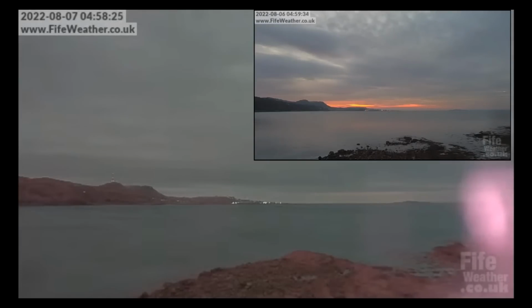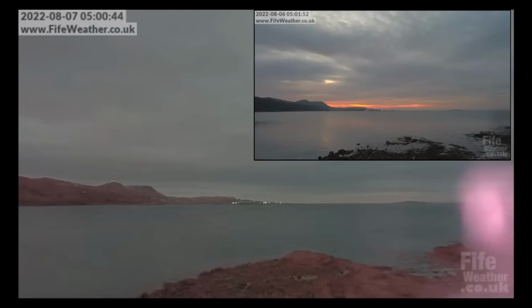Interesting how the camera on August 7 is much longer in night mode, as you can see, because these are almost completely synchronized times. There's a minute difference, and that shouldn't be any problem. But the problem here is that this is not what happens automatically. It turns from one mode to another, which is built into the camera. Every weather camera, every CCTV camera has an automatic switch between night mode and day mode, and that should be at the same hour.